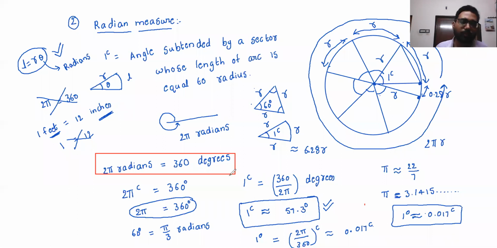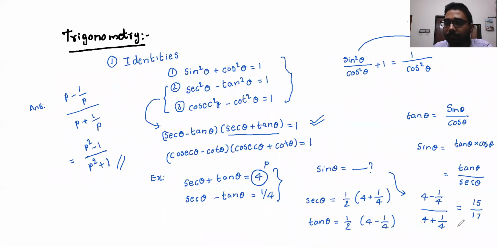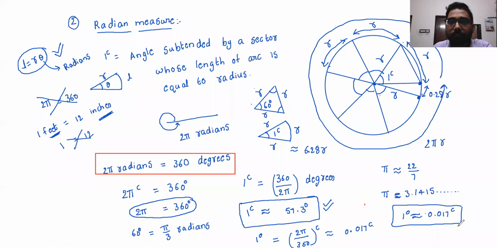So clear? Most of in our JEE, throughout our intermediate, in mains and advanced, we use radians or degrees, only these two, the first and second, British system or radian measure. We never see French system. No one uses it at this level. So hope things are clear. Now let us move on to the next one.